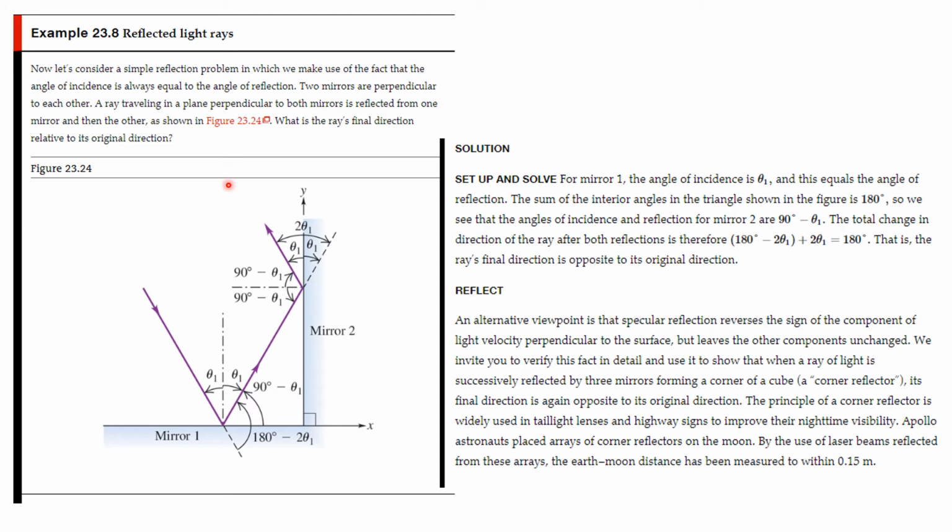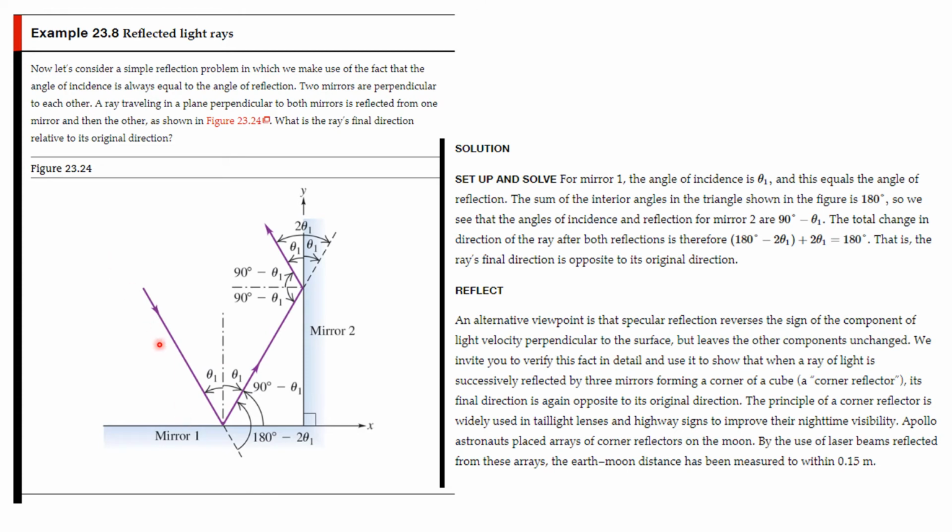Okay, here's another example for us to talk about. Let's consider a simple reflection problem in which we make use of the fact that the angle of incidence is always equal to the angle of reflection. So two mirrors are perpendicular to each other. So here's mirror 1 down here, and this is mirror 2 that is perpendicular to it. A ray traveling in a plane perpendicular to both mirrors,